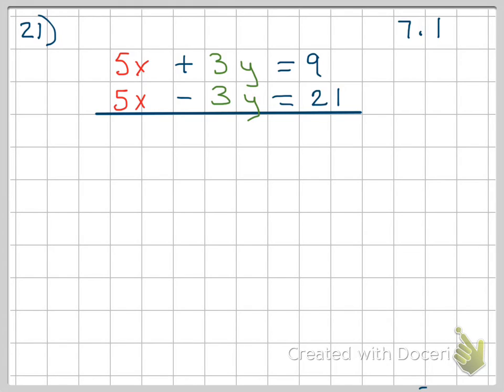Okay, so what we're left asking ourselves is, in order to get this down to one variable, we have to get rid of one variable because we can't solve these equations with two variables. The way we do that is we're trying to eliminate or cancel out one of the variables. Notice that plus 3y and minus 3y are given. And basically what that's telling us is if we add both equations together, then we cancel out the plus 3